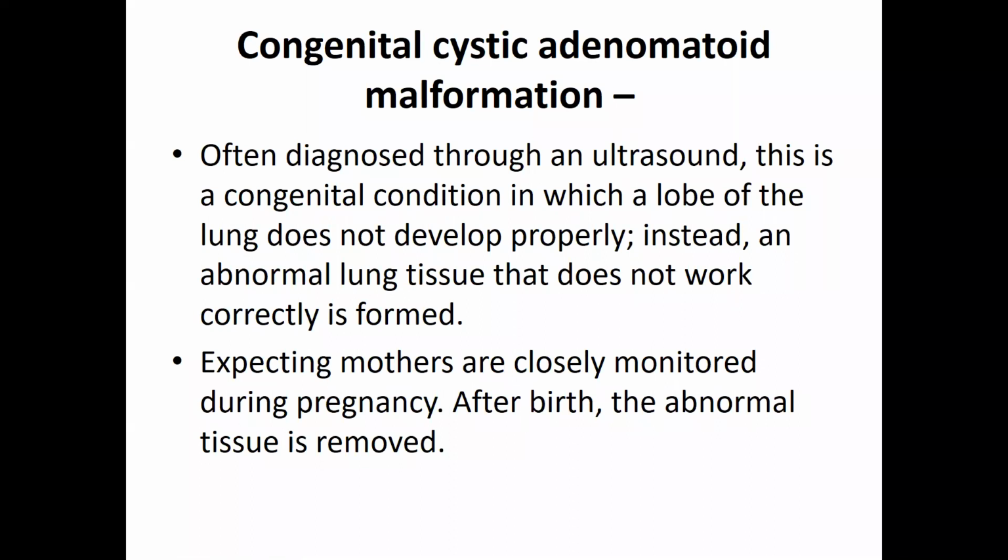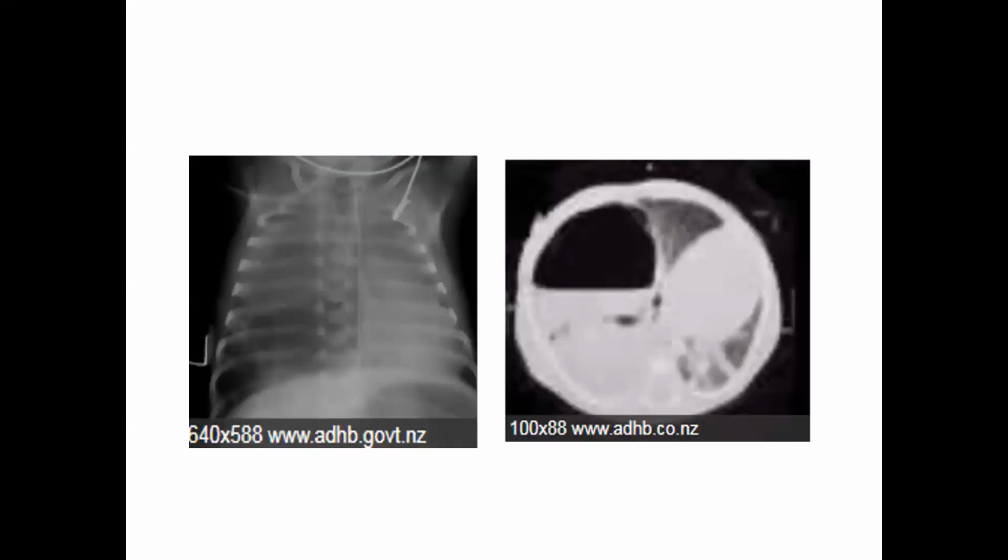If the mother has not done the congenital anomaly scanning, when the baby is delivered they will present with respiratory distress. When we evaluate for the respiratory distress, at that time we will be able to find the cystic adenomatoid malformation. Look, you see this side